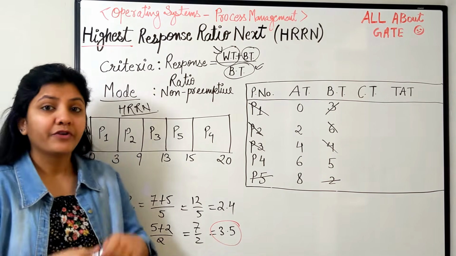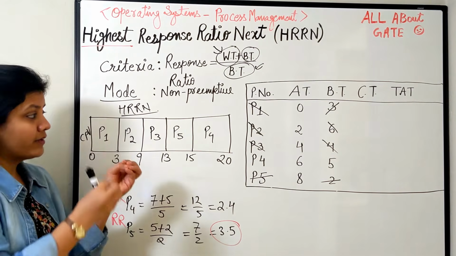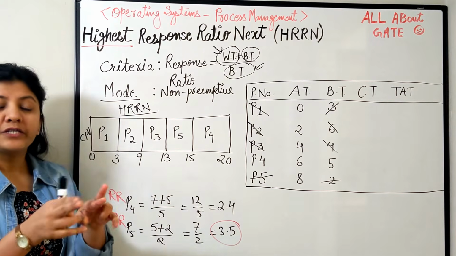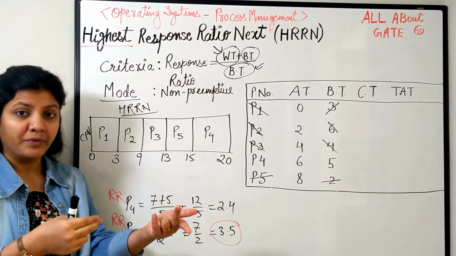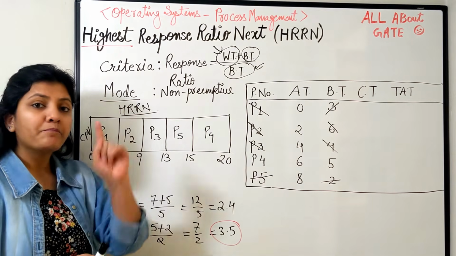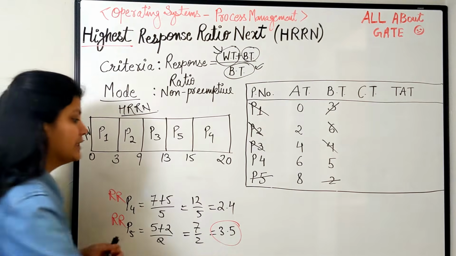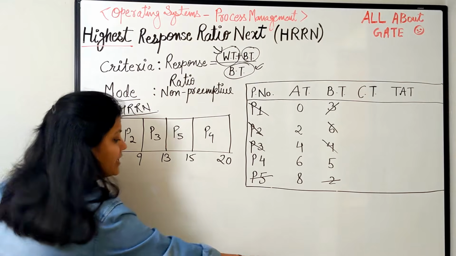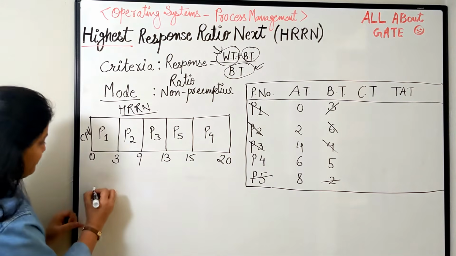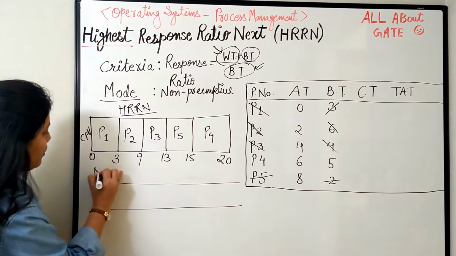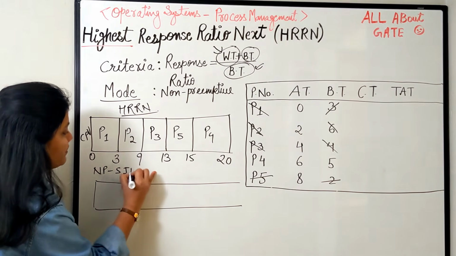That's it. For your understanding of the difference between HRRN and shortest job first, and how it overcomes the disadvantage of the previous one, I'll schedule this given set of processes based upon shortest job first, so that you can understand where the difference is coming. So let's have another Gantt chart, which is going to be for the non-preemptive shortest job first.